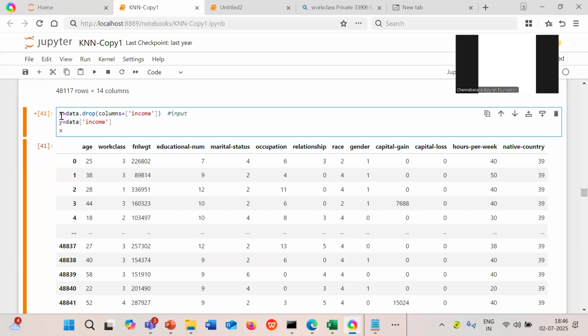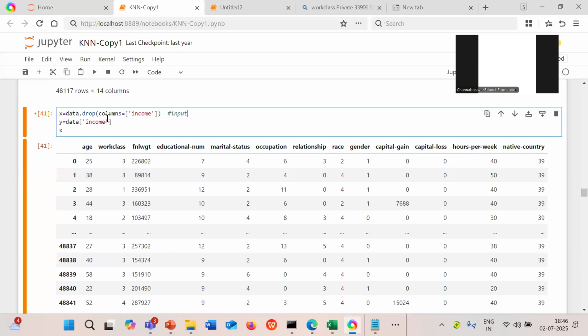So I have divided the data set into two, input and output, first before splitting for training and testing. You can see here the first 13 attributes are stored into the variable called X. This is nothing but my input variable.